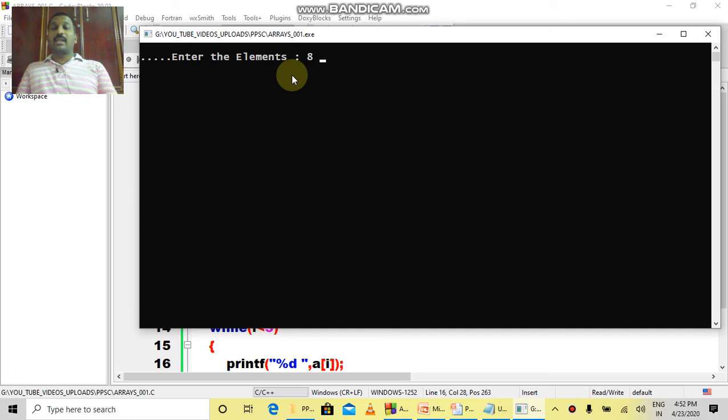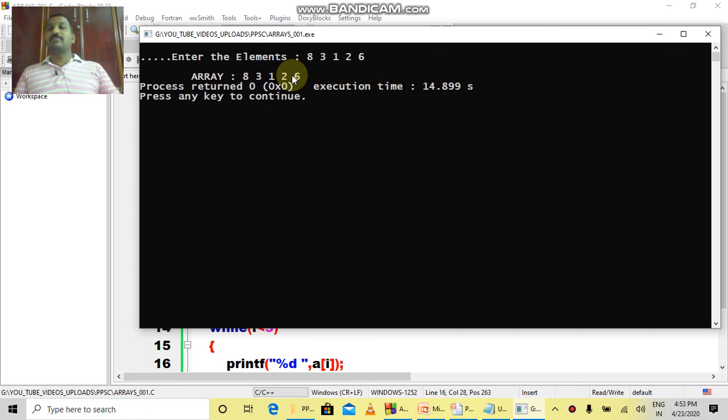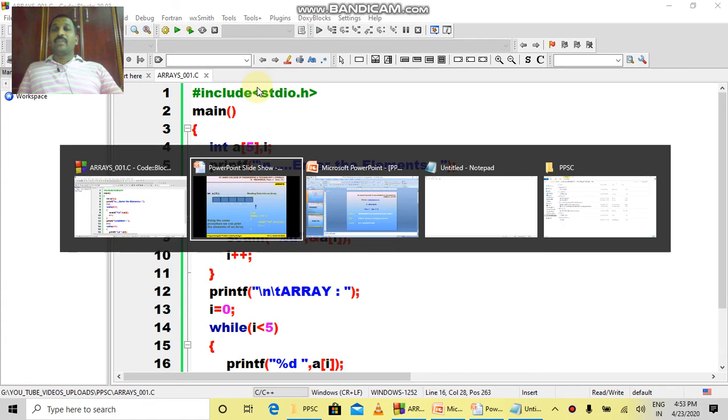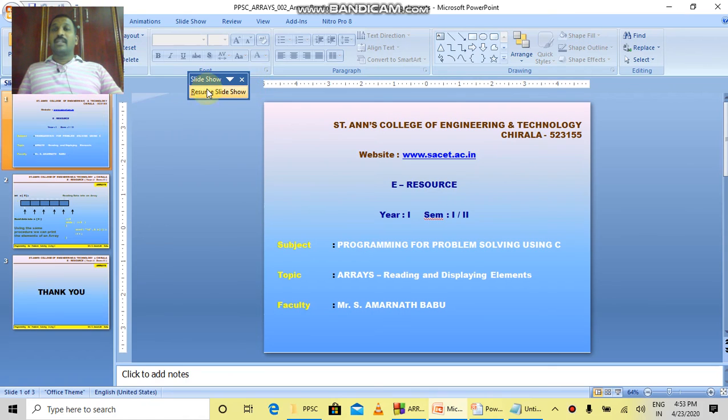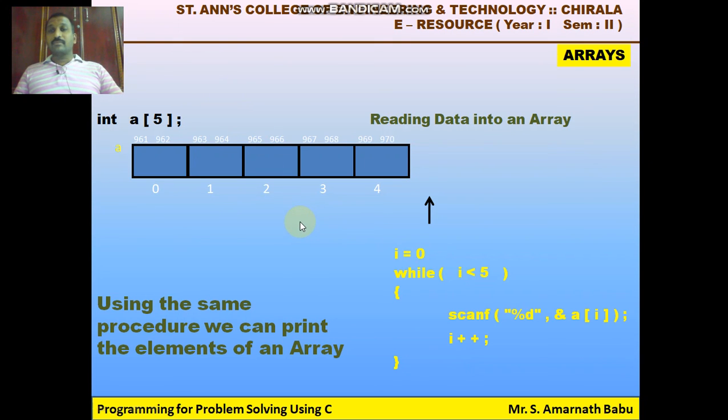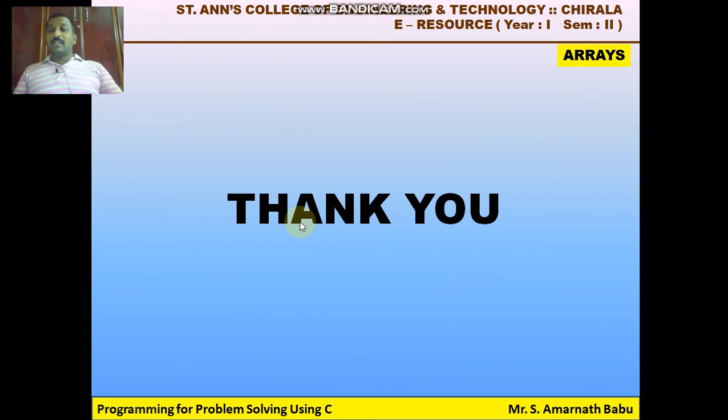The elements I am entering are 8, 3, 1, 2, 6. As the array size is 5, I have entered 5 elements and the 5 elements are being displayed. So this is how we can read data into an array and display the data available in an array. Thank you all, and this is it for this session, and in the next session we'll be seeing some other aspects related to